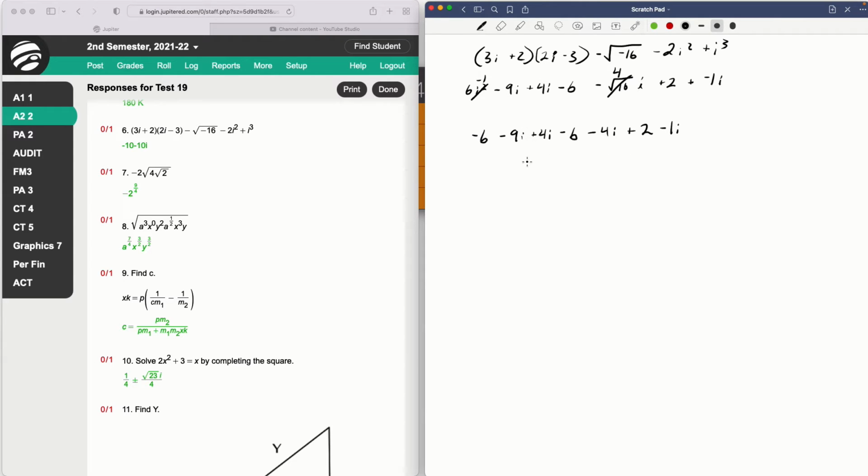Okay, so let's do all the whole numbers. Negative 6 and negative 6 is a negative 12. Plus 2, that's a negative 10. All right, I have negative 9 plus 4. That's a negative 5. Minus 4, that's a negative 9. And basically, these two are just canceling each other out. So negative 9, negative 1, that's a negative 10i, which is what we have here. Negative 10 and a negative 10i. All